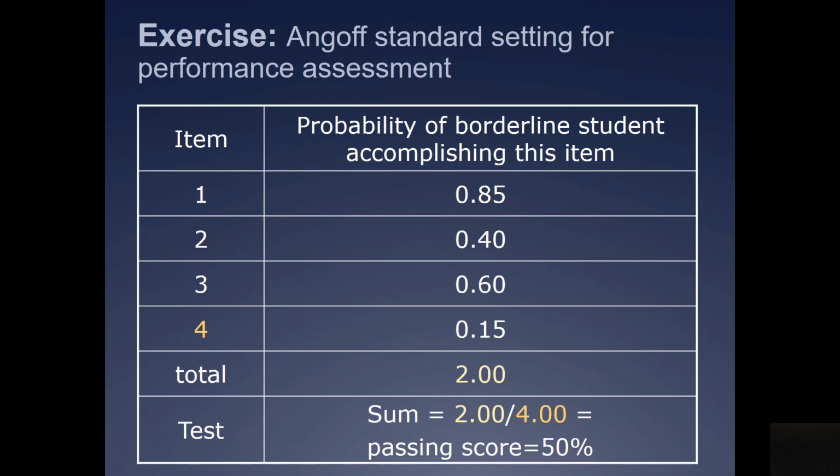What we do is we sum these. I've actually added all of these probabilities up, and the sum is 2. We divide it by the total number of items, which is 4. And the passing score that I project for this borderline student, a minimally competent student, is 50%. Okay, now,